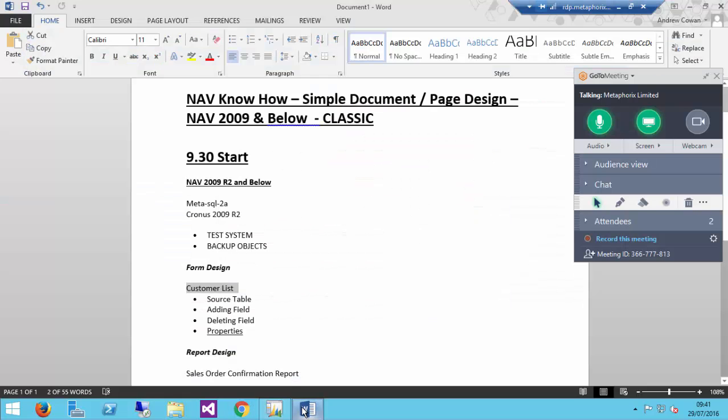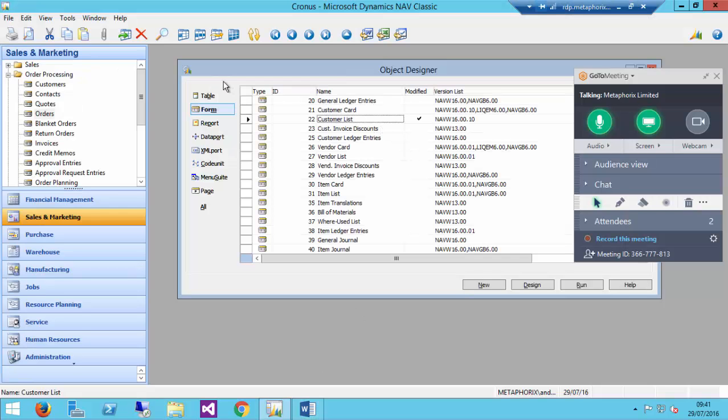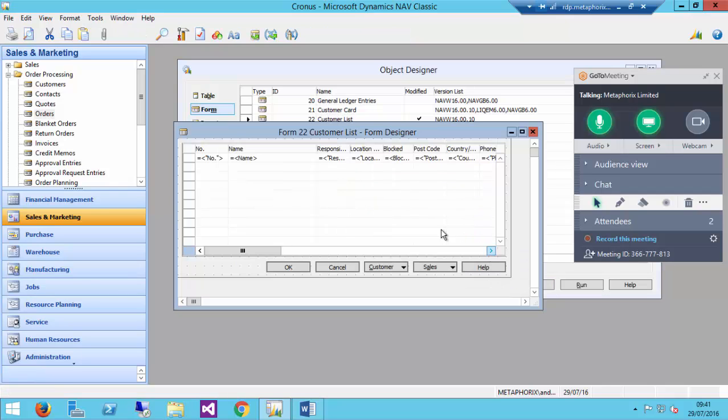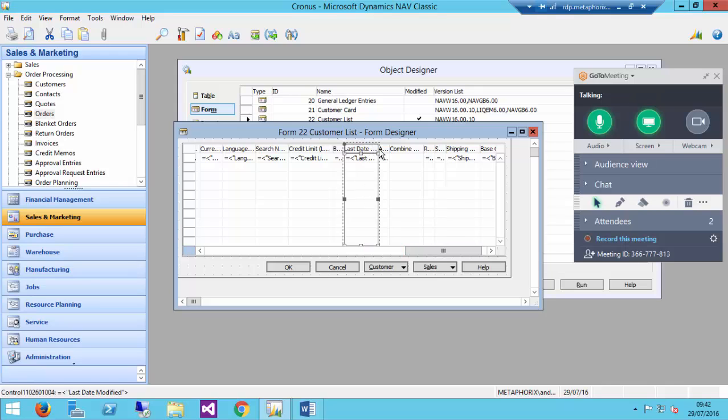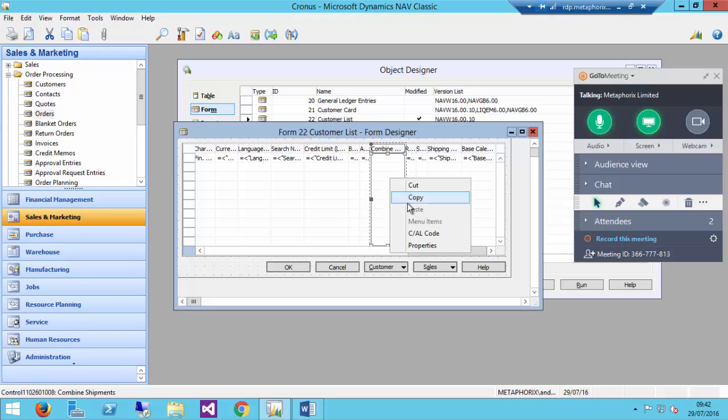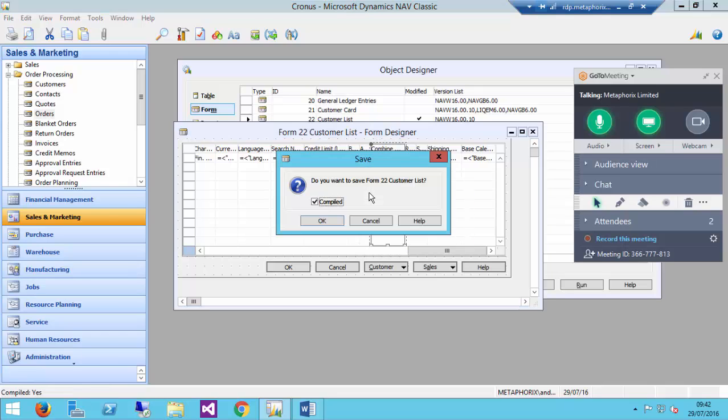So what else do we look at? We can also delete fields. It's also really simple to do. So in the Object Designer, go to our form, design it, go to any field that you want to delete. Let's have a look. Last date modified. So we'll delete that. You just press delete. And if we save that